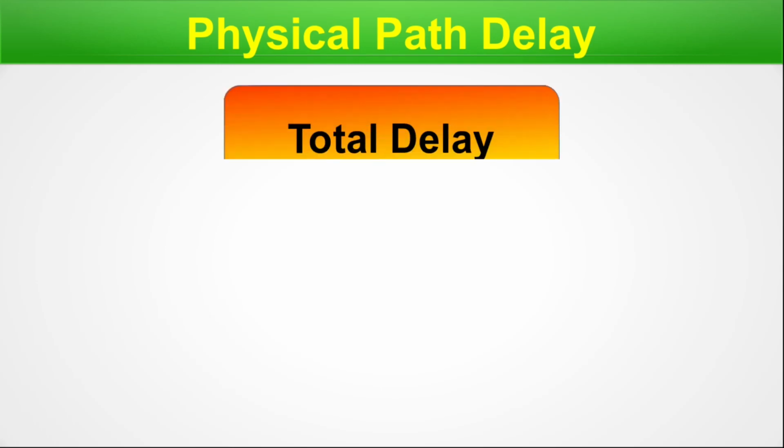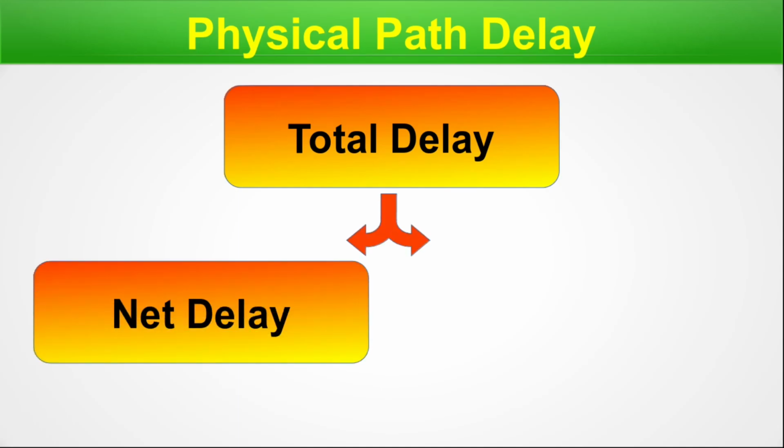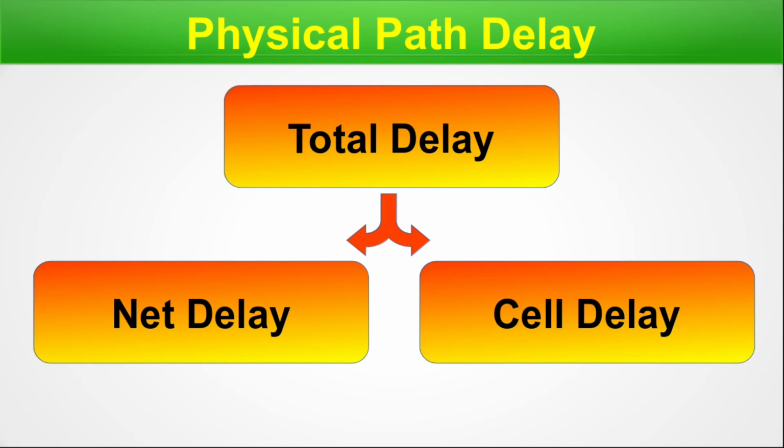In this slide we will zoom into the delay a bit further to understand from where physically it is coming from. Here is our total delay. It can be divided into two parts. One is the net delay. Net means the interconnects which connect all the logic gates in the circuit. And the cell delay. Cell delay means the logic gates. They have their intrinsic delays.